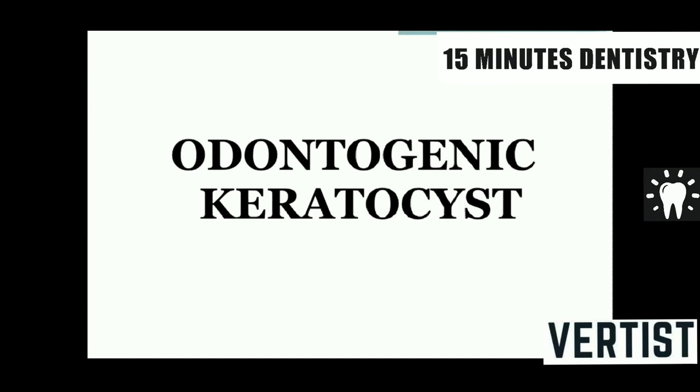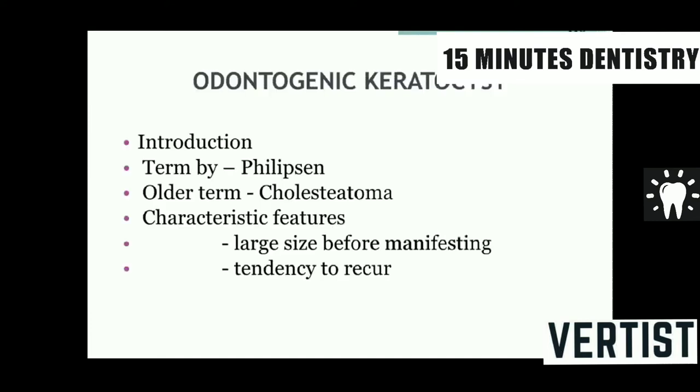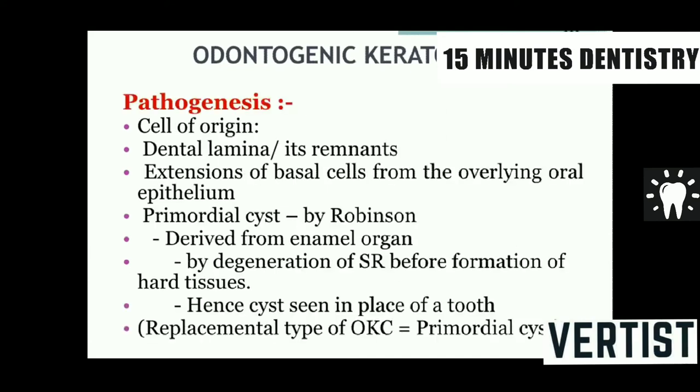Next, an odontogenic developmental cyst is the odontogenic keratocyst. It is called a keratocyst because this is the cyst which produces keratin on the surface of the epithelium. And again, this cyst is very significant because it has a tendency to recur. So which is the most recurrent type of cyst? This is the cyst. Odontogenic keratocyst is the most recurrent type of cyst.